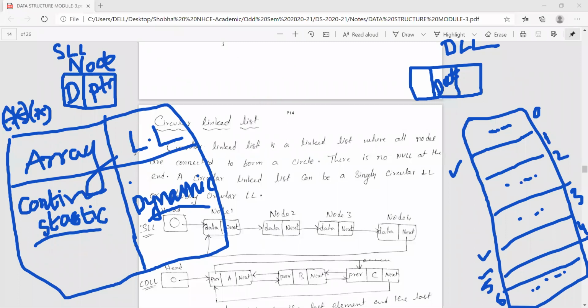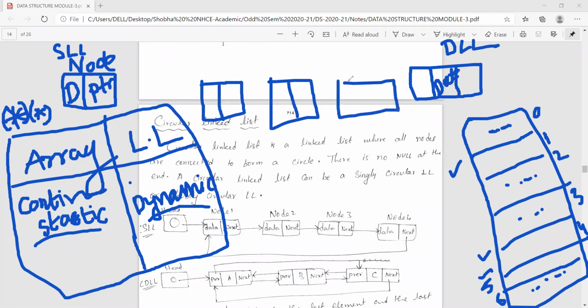Whereas I can create nodes. If I want to store 3 values, either in an array or in a linked list, I can store them in a linked list, but A of 3 I couldn't create because I don't have contiguous memory. But now if I want to store the data 1, 2 and 3, I create 3 nodes.